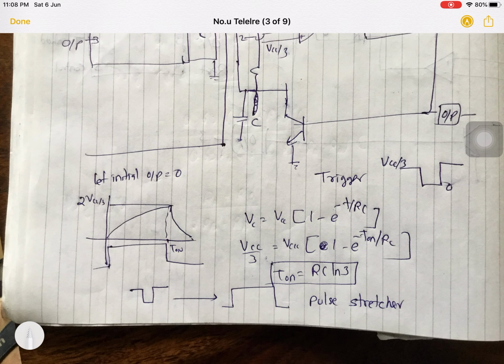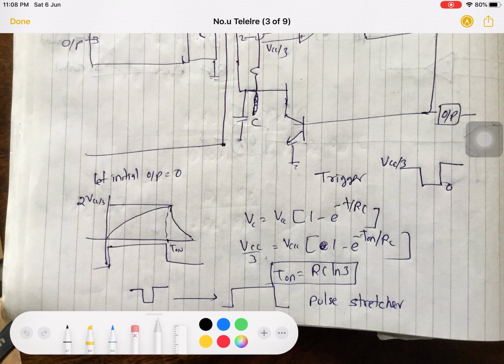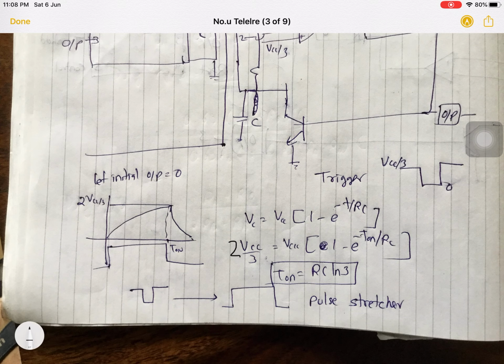I think I have made some mistake here. It should be 2 VCC by 3. So 2 VCC by 3 equals VCC times 1 minus e to the minus T on RC. If you calculate, VCC by VCC gets cancelled, and just take the anti-log, and you calculate T on comes out to be